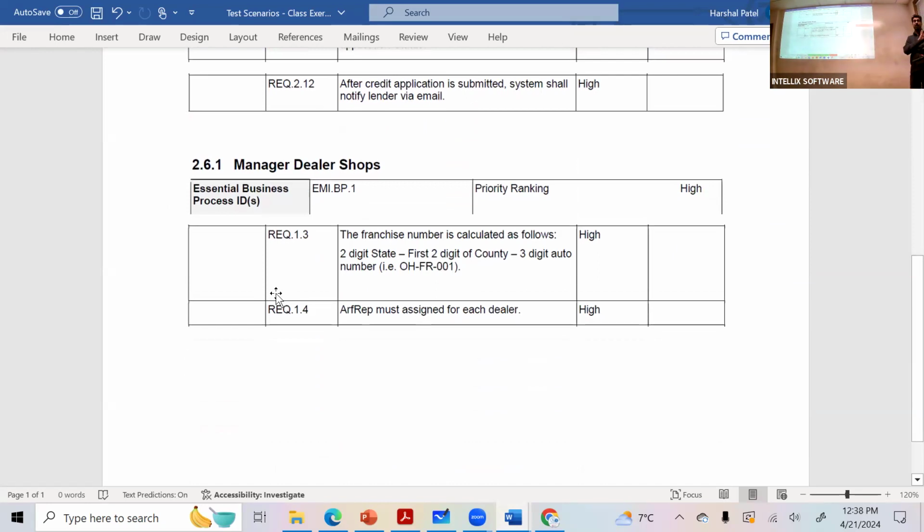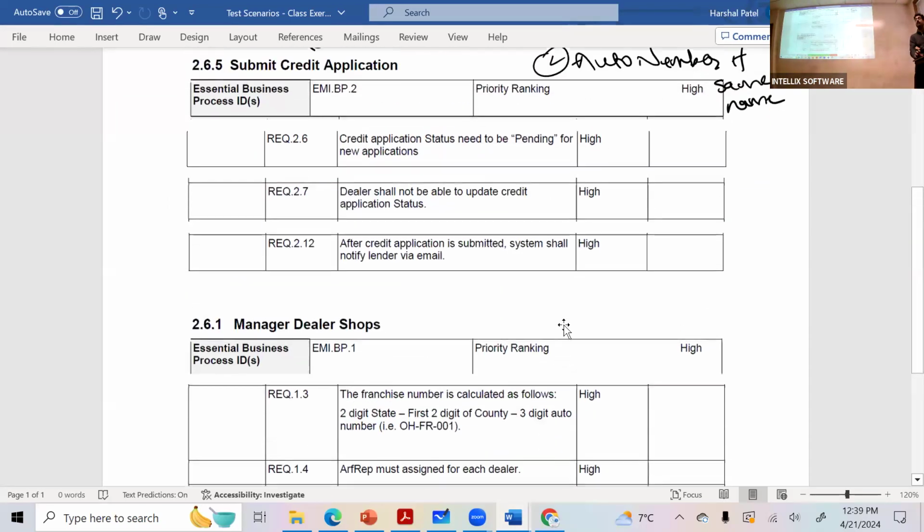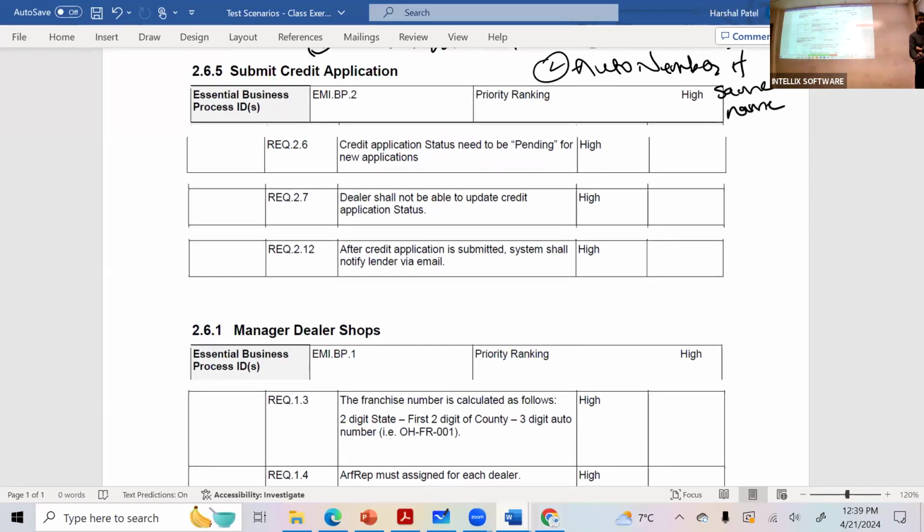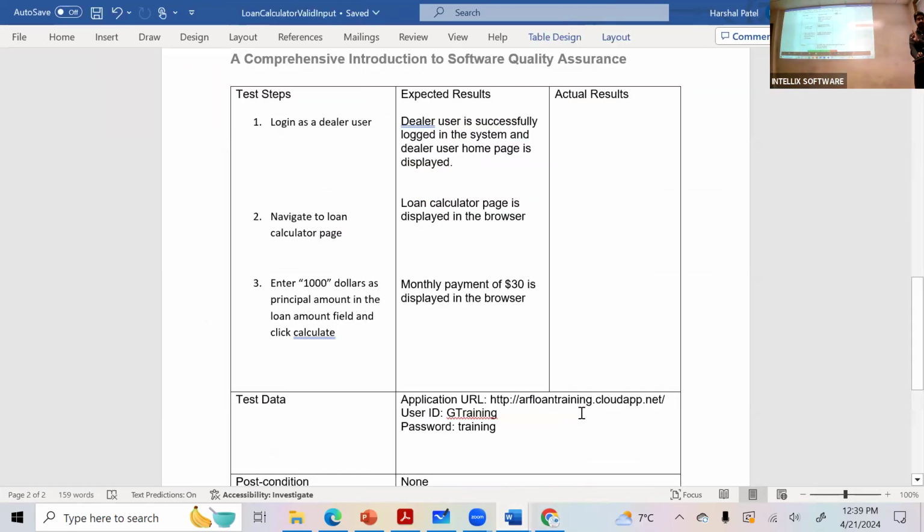For all of those requirements, you should have a scenario tree. So you will have 5 additional scenario trees in addition to what we already talked about in class. Then I would like you to write the detailed test cases, just like what I did here. 3 additional detailed test cases.